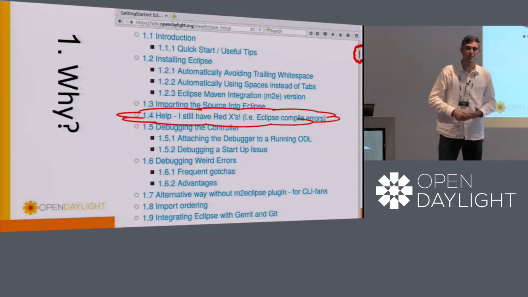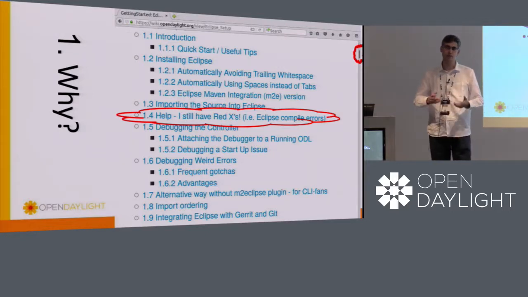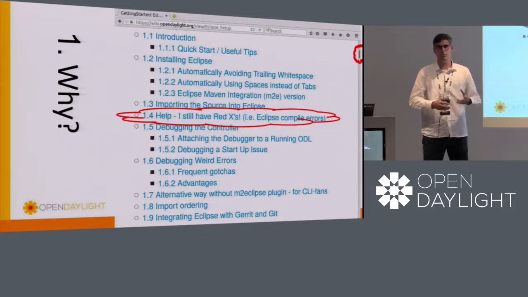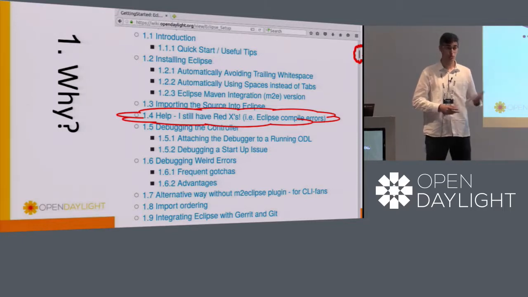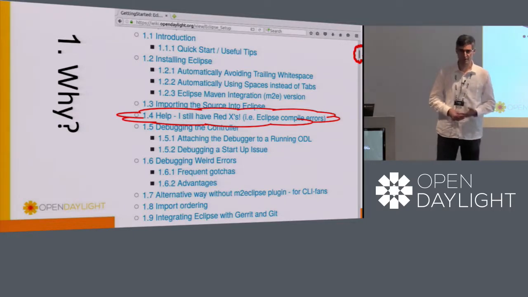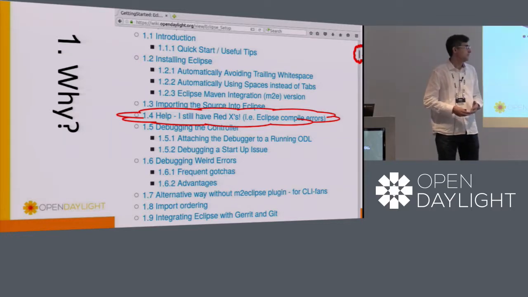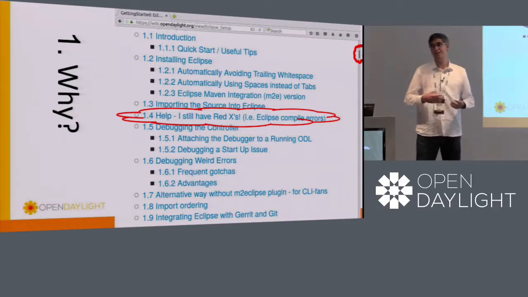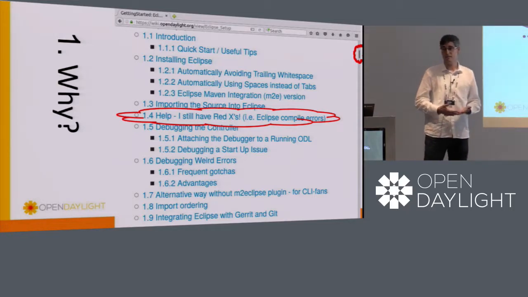It turns out that in practice, you have a large code base that has dependencies, that has some tooling that goes with it, some code generation in the case of OpenDaylight. So you're doing some modeling, and this modeling generates some code, and you want some tooling for that. And for that tooling, in the industry, what we use is an IDE, an integrated development environment for when we